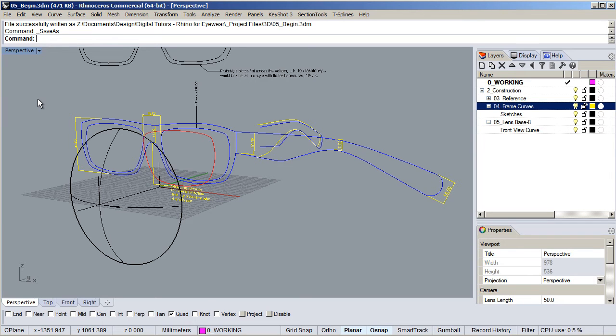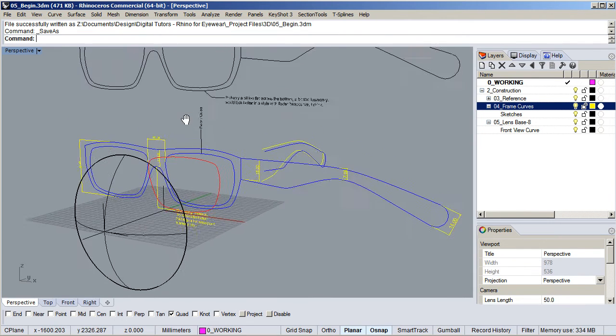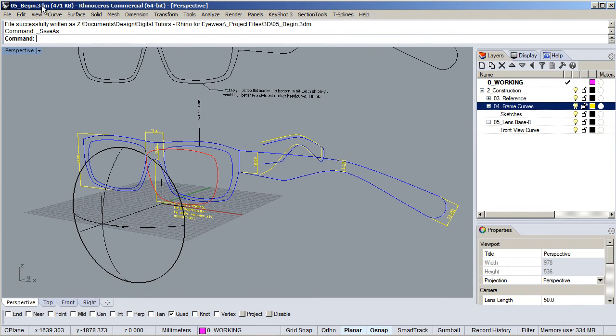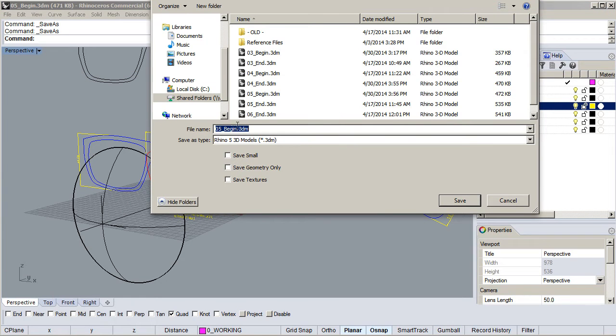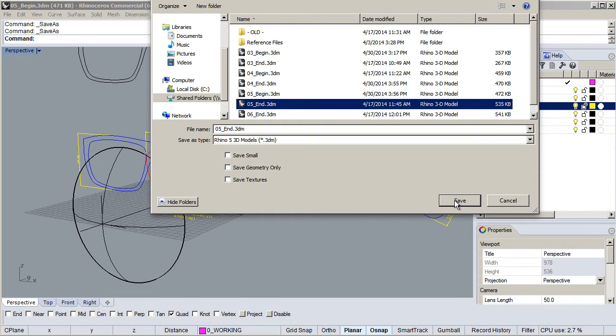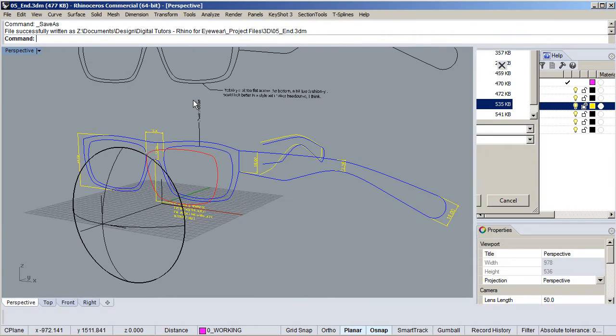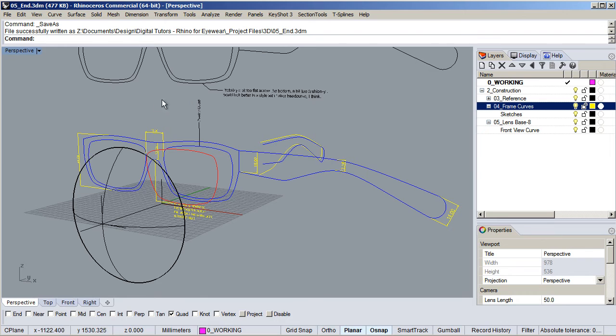In this lesson, we'll start to model the lens by projecting the front view of the eye shape onto the lens surface. So basically, this is where we left off. I'm in the O5 begin file, and so I'm going to just quickly do a save as here, called O5 end. Say save,